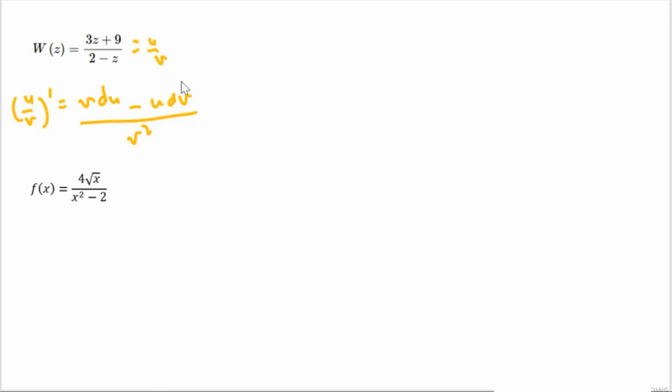Now, using that formula, I can write w prime of z as equal to the denominator, which is now 2 minus z, times the derivative of the numerator,